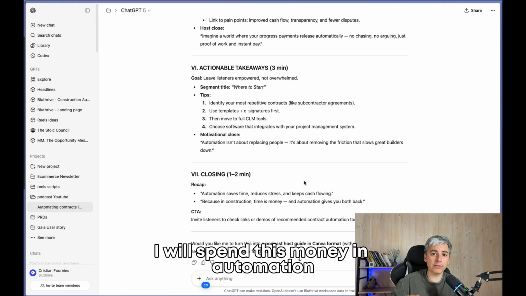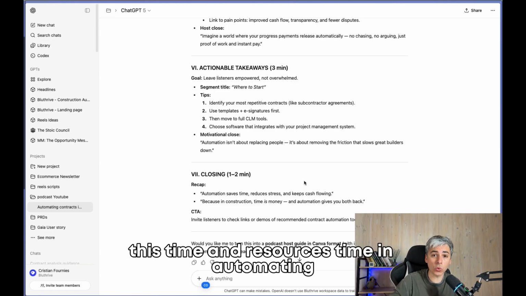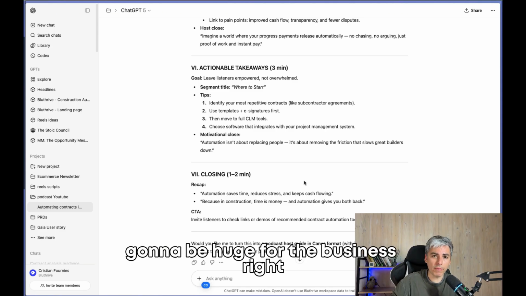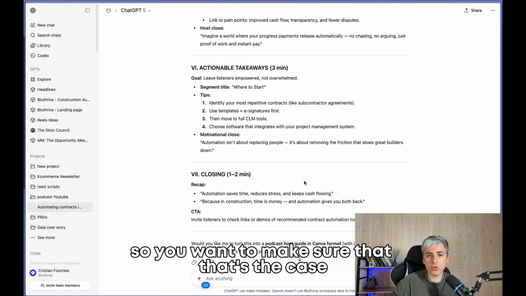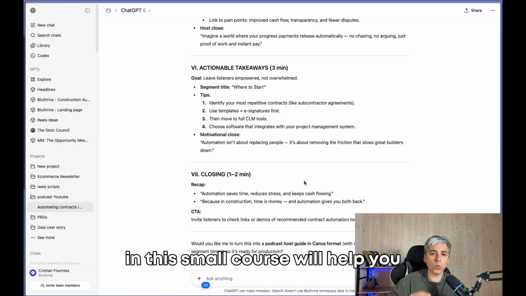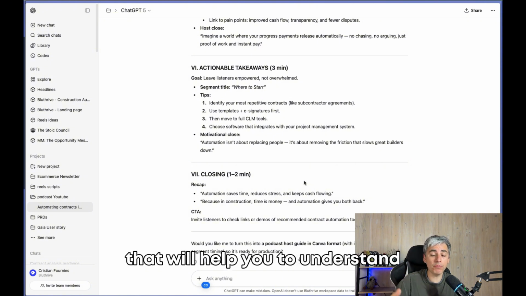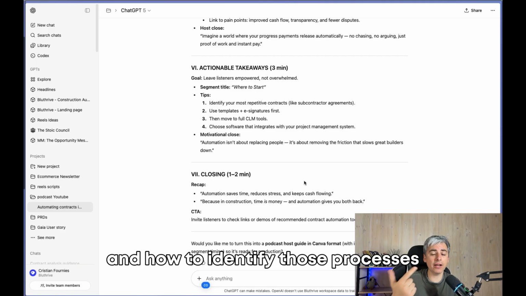They spend money and time in automating, but maybe the impact is not going to be huge for the business, right? So you want to make sure that's not the case. And this small course will help you, which is a 3-hour course. Plus you will have access to tools that will help you to prioritize and identify those processes and tasks.